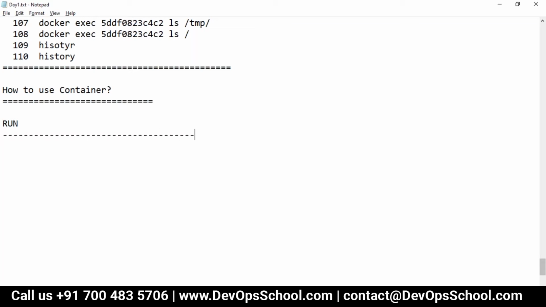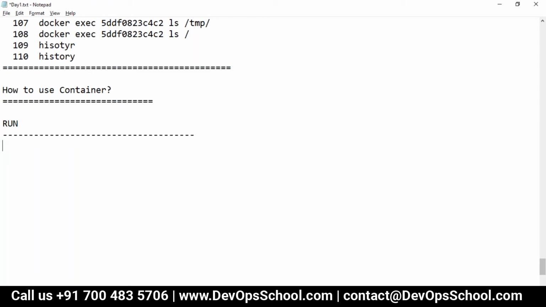So what is run? Last time what you did was create and start, but those are two commands. Is there any shortcut to get the container created and started?